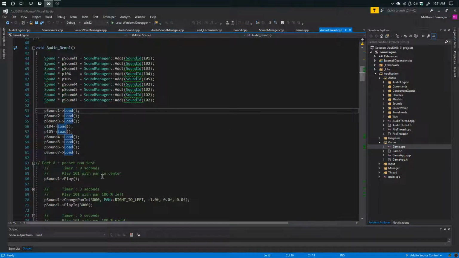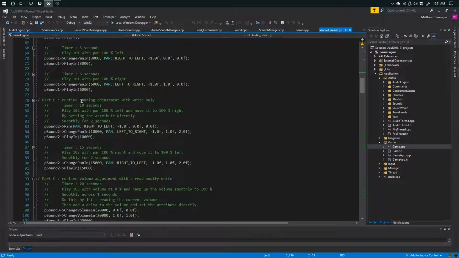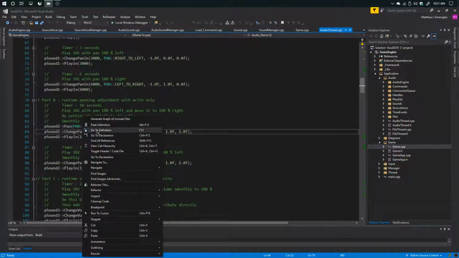So if I go into here, for this first demo, we load up the sounds, and then we're essentially just playing with basic functionality. So we're going to play the same source voice and pan it left and right, and then at given times, we're triggering all these with time events. And so we're also changing the pan, and I actually do that where I spin,